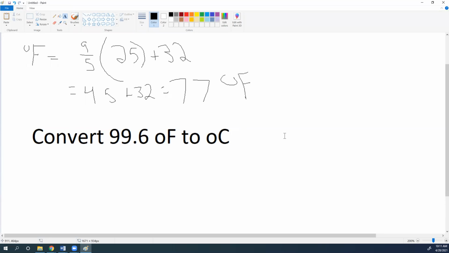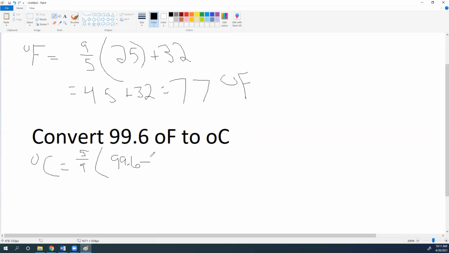It is the first equation. Yes, you need to do step by step. So, degrees Celsius equals 5/9